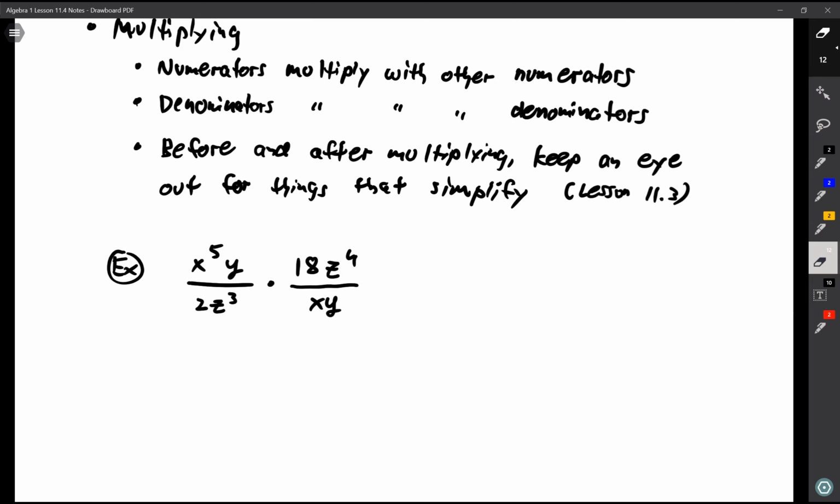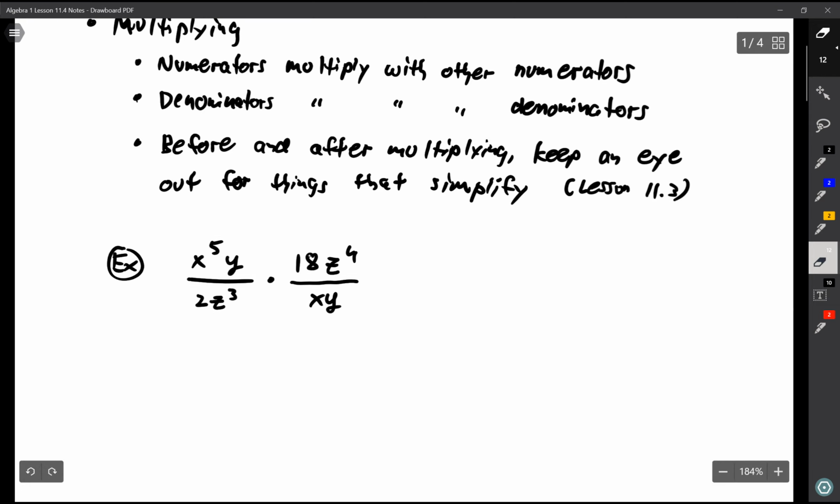Now, because this is all multiplication, what we have is x to the fifth times y times 18 times z to the fourth, right? Z to the fourth, yeah, that 4 looks a little wonky. Let me make that a little bit better. Okay. Same thing on the bottom, we have 2 times z cubed times x times y. It's all multiplication. And so because of that, you can cancel, you can simplify before or after